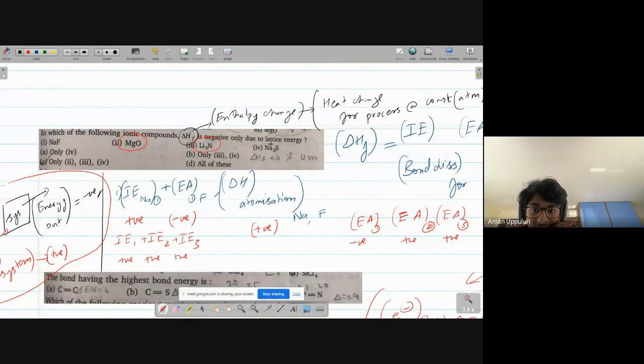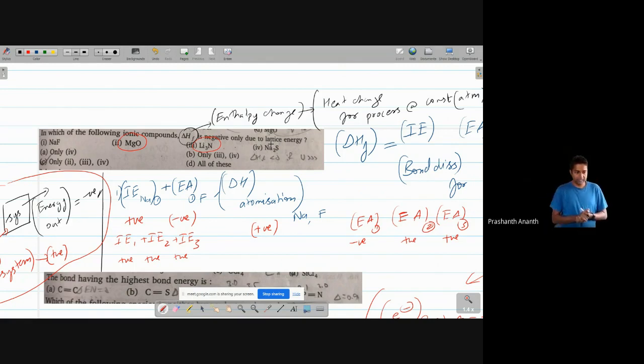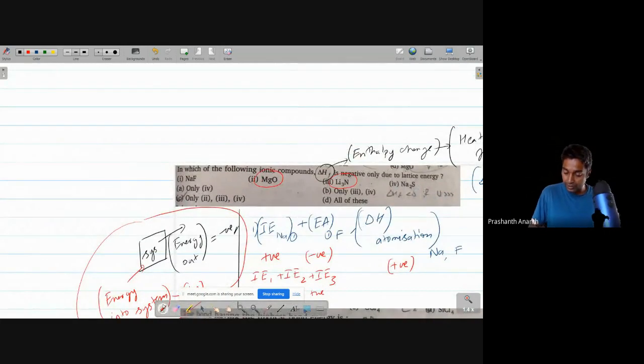So, I have one more question. Yes. What's the difference between enthalpy and energy? See, this is something which I will explain to you, but it will be better for you to learn it in thermodynamics. So, let me put it like this. Thermodynamics is basically the study of change in a system in a very mathematical, precise manner. And energy is like a superset of enthalpy. You can think of it like that. Enthalpy is going to be more or less, if I have to define it very exactly,